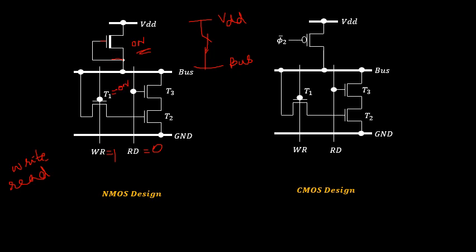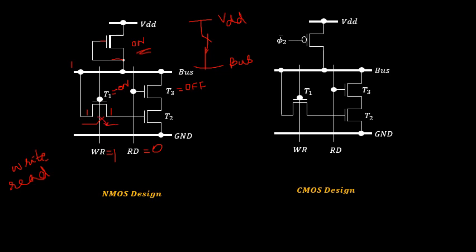We have seen that when we apply the gate signal, which is nothing but a control signal, it turns on the NMOS transistor. The read signal is equal to 0, which is connected to transistor T3. If the gate is applied with logical 0 state, that transistor is turned off, so transistor T3 is turned off. Suppose the bus is carrying a signal of logical 1 state. The diffusion path of transistor T1 is going to carry logical 1, and the output will also appear as logical 1, because transistor T1 behaves like a closed switch.